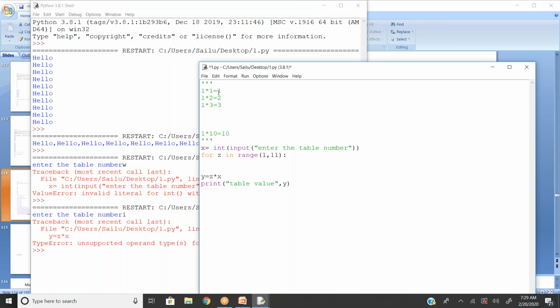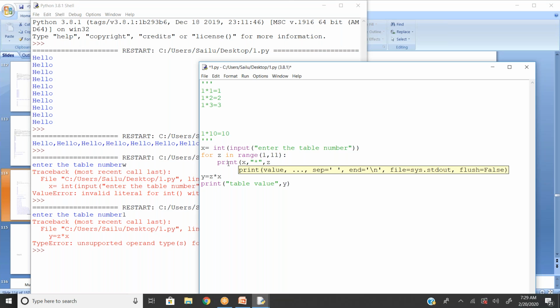No, listen. The user wants 1 multiply 1 equal to 1. 1 multiply 2 is nothing but 2. So 1 is nothing but the user input. So print the input x, comma, star for multiply, comma, and j. j has to be displayed. Correct.